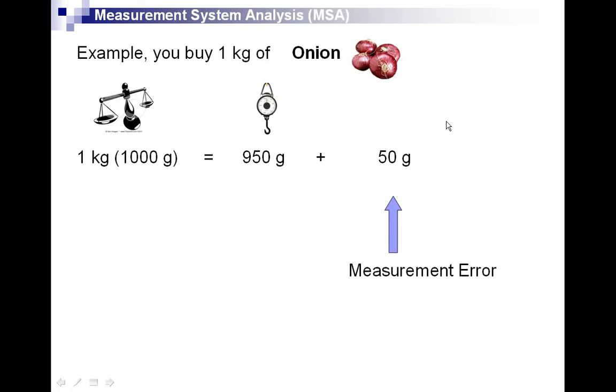Now think of the same situation, and instead of onion, if it was gold, what would you do out of two options? You may decide to go back to the seller and ask for the remaining 50 grams of gold due to the price of the gold. So in both the situations, it's only you who has to take a call what to do in the case of